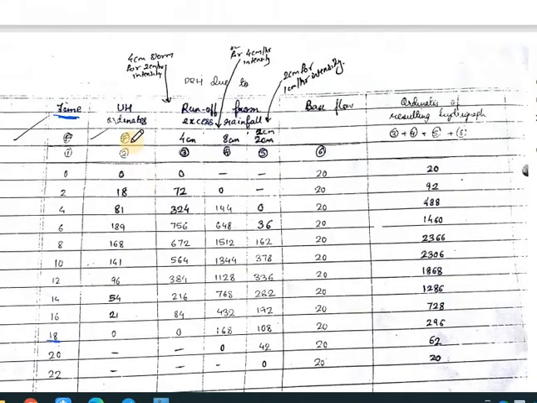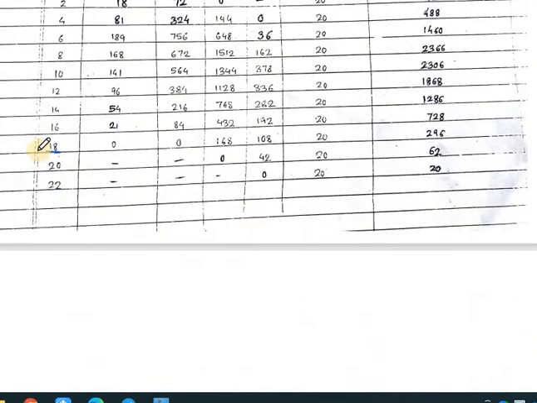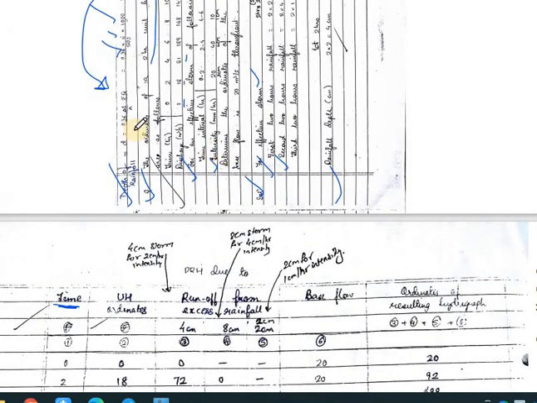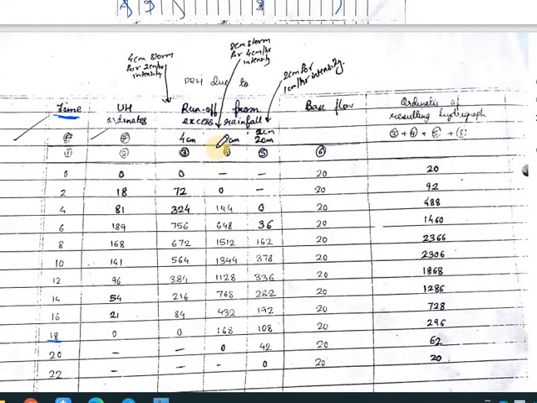This is the discharge value which was given in the question. Now, where this 22 is coming from, I will tell you later. The next thing you need to write is the runoff from excess rainfall, because in this question we have been provided with three excess rainfall values. The first one was 4 centimeter, which was from 0 to 2 hours. The second one was 8 centimeter, from 2 to 4 hours, and the last one was 2 centimeter, which was from 4 to 6 hours.